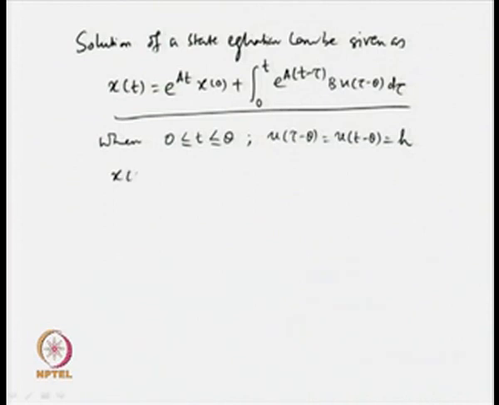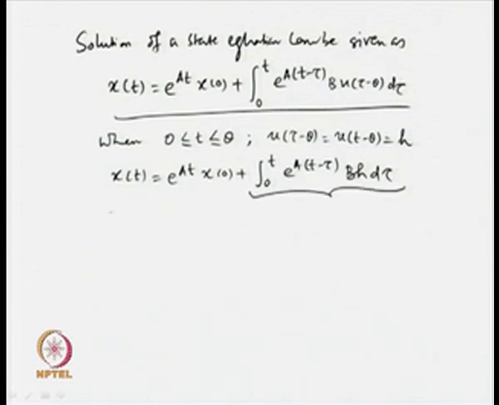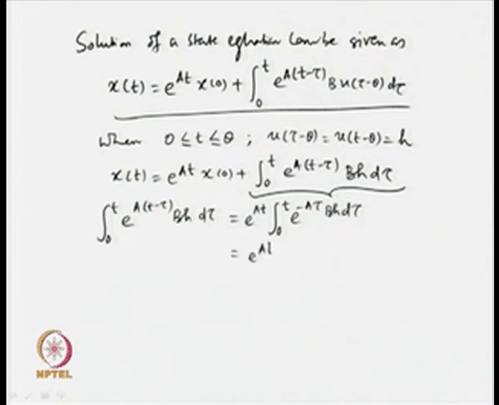Then the state equation can be written as x(t) = e^(at) x(0) + integral from 0 to t of e^(a(t - τ)) b h dτ. Now, let us solve the integral part. This can be simplified. We know that the integral from 0 to t of e^(a(t - τ)) b h dτ can be simplified further and written in the form of e^(at) times the integral from 0 to t of e^(-aτ) b h dτ, which again can be written as e^(at)